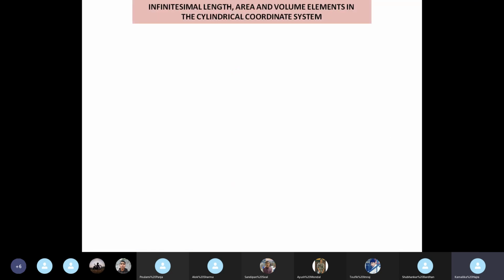Now next, what we are going to do is again very, very important. Extremely important. Up to now we did the preliminaries of vectors in our vector class: how to write the component form. Once you write the vector in component form, you can find the dot product, the cross product, you can add and subtract vectors and so on. The next step is differentiation and integration.